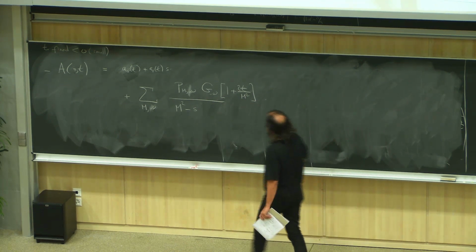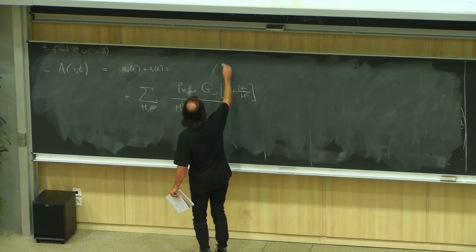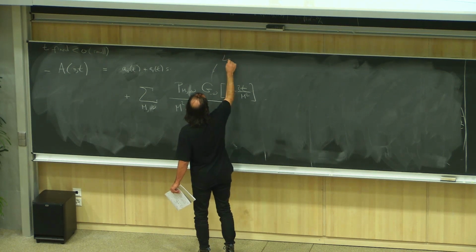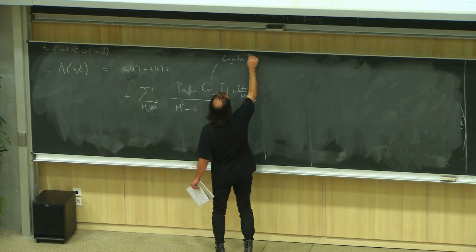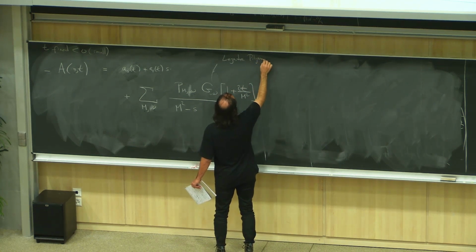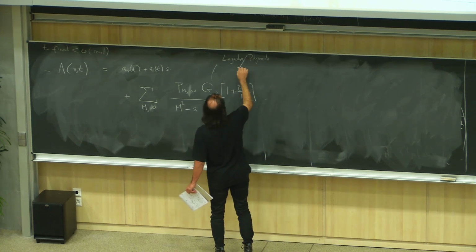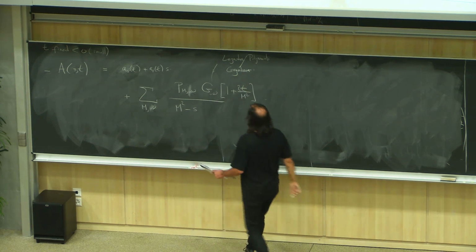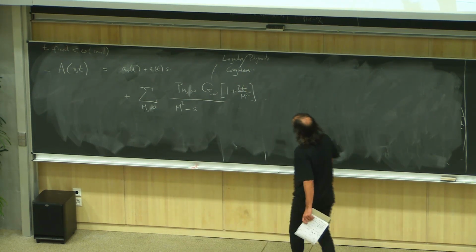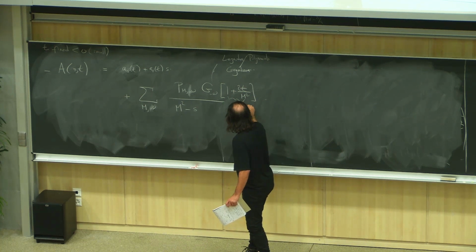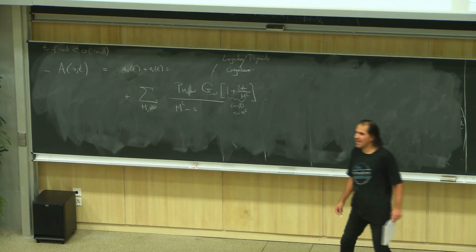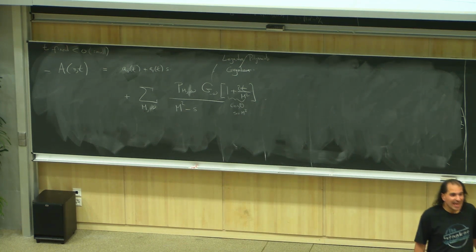All right, so these objects, these G's, are the Legendre polynomials if you're in 3 dimensions. So this looks like the partial wave expansion. And in general dimensions, they're known as Gegenbauer polynomials. You might recognize this as cos theta when s is equal to m squared. So this is saying that we can think of any amplitude, no matter what,